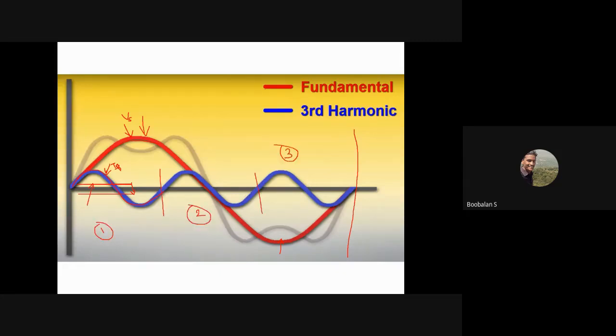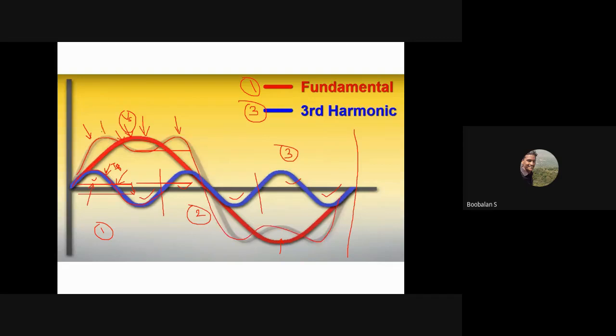So when red completes one cycle, blue completes 3 cycles. How were these 3 cycles created? Due to the frequency operations of my switching devices, the duty cycle and the fast switching speed. So the current waveform is not exactly sinusoidal, and due to this my red voltage waveform is going to be affected like this. That is my supplied voltage, instead of being purely sinusoidal, because of this current it now looks like this, distorted.